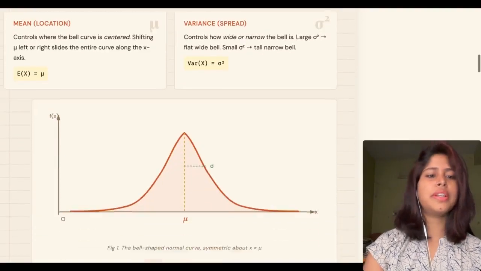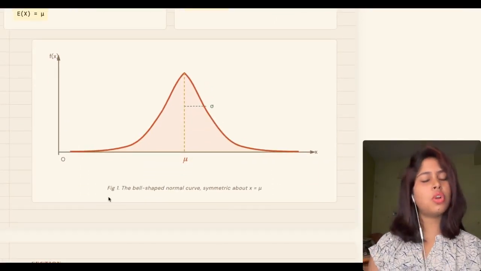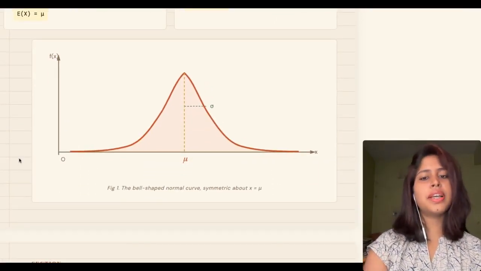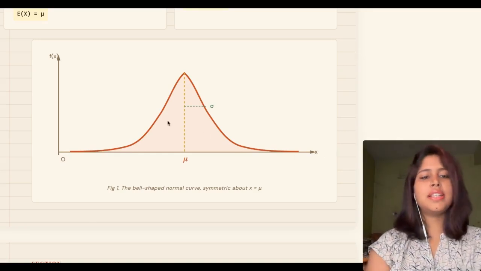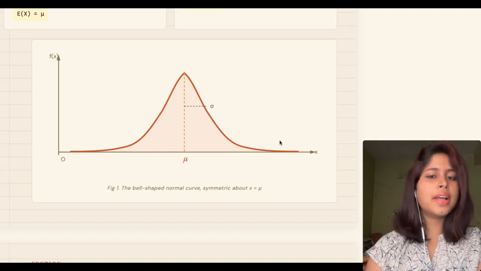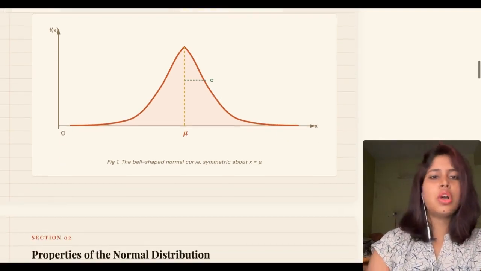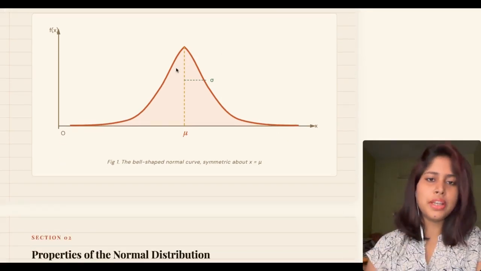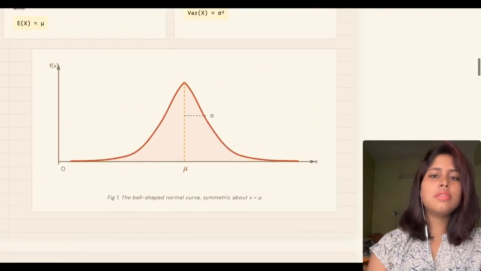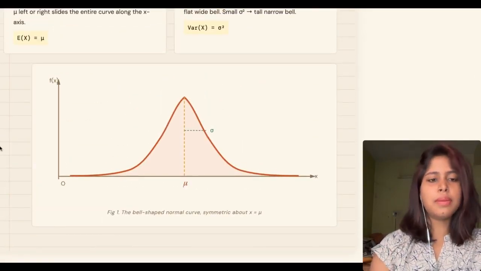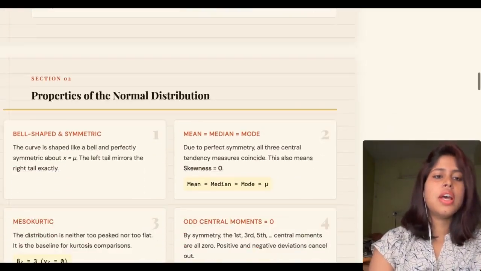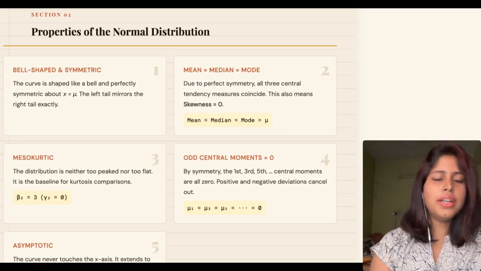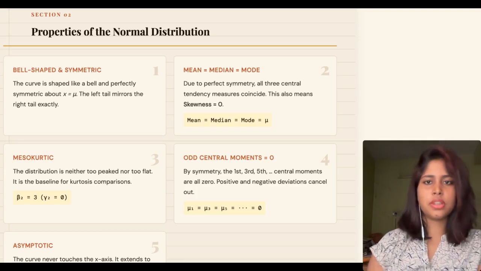Now coming to the next part. Look, this is the normal distribution, but this should be asymptotic. That is, the lines would not touch here, and it would be looking like a bell-shaped curve. Okay, not such a peak here. All right, this is just a visual thing which I wanted to show. This is just a clarification that there will be some changes. Okay, now coming to the next part, which is the properties of normal distribution.